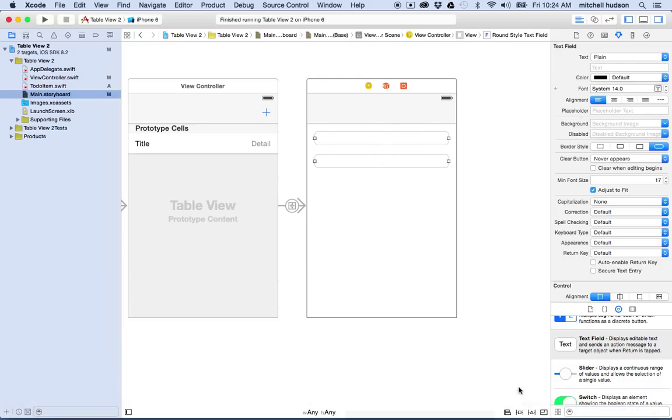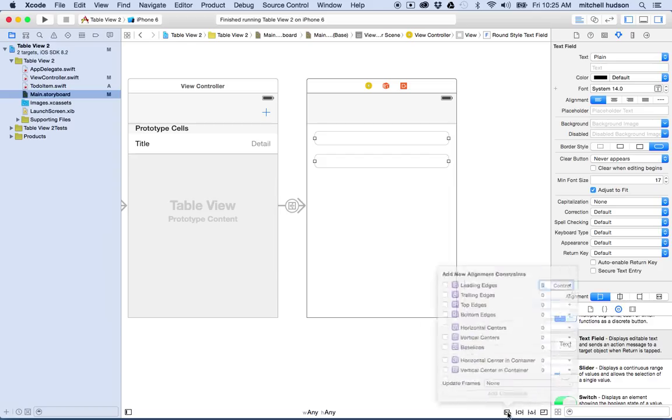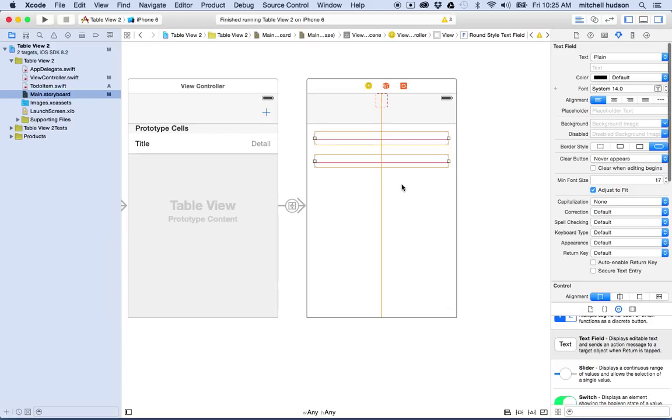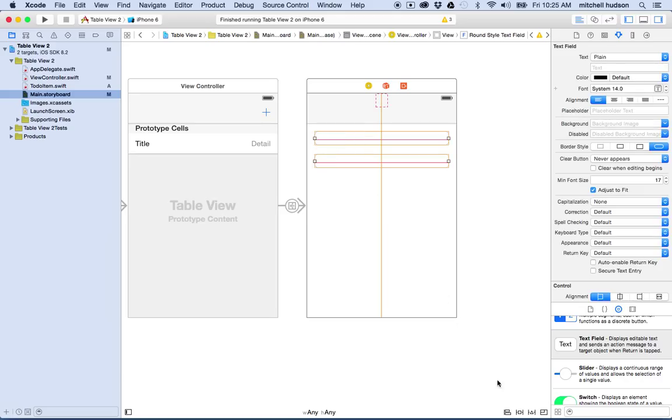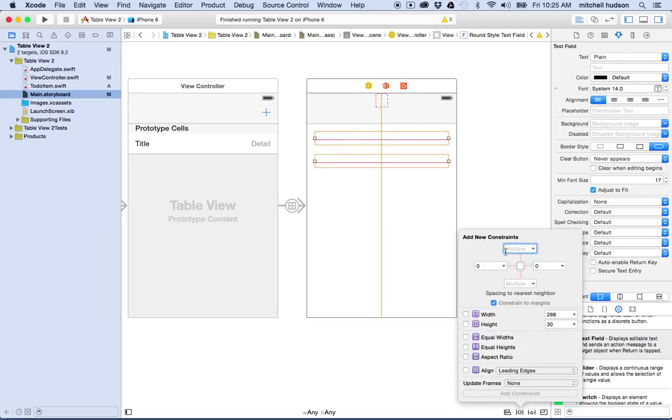And maybe I'll give this some constraints. So maybe I'll select both of these guys and choose align in horizontal center, right? So now they should be aligned there, and then maybe on both of them, I'll go to the other button here and I'll say,